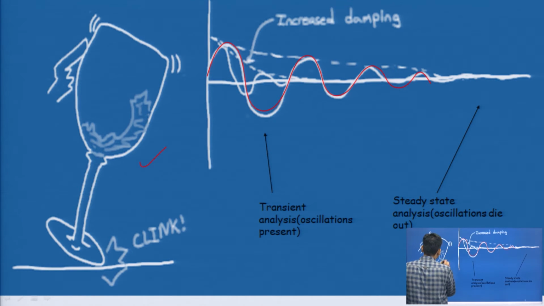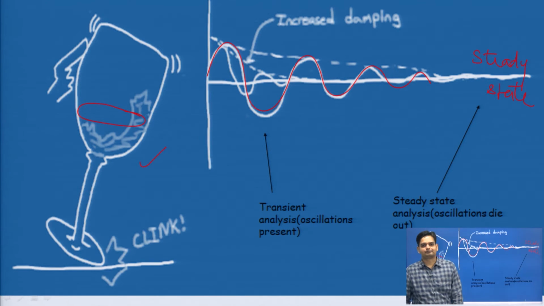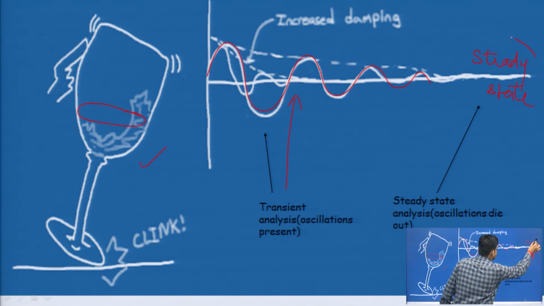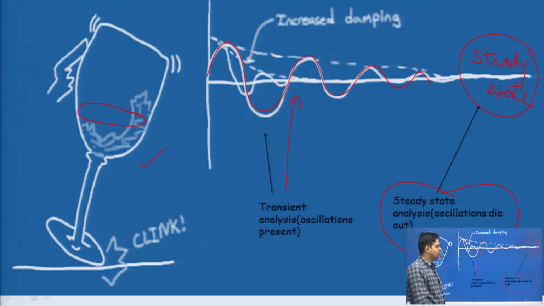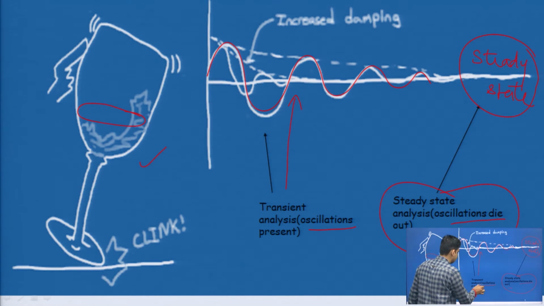Whenever the liquid level in the wine is stable and there is no disturbance, we can say our wine has reached the steady state, when there is no vibration. In this way, this response belongs to the transient analysis. Whenever there is no vibration and no oscillation, this comes under steady state. It means in steady state the oscillations die out, and in transient analysis oscillations will be there; in maximum, 90% of cases, you will get oscillations in the system.